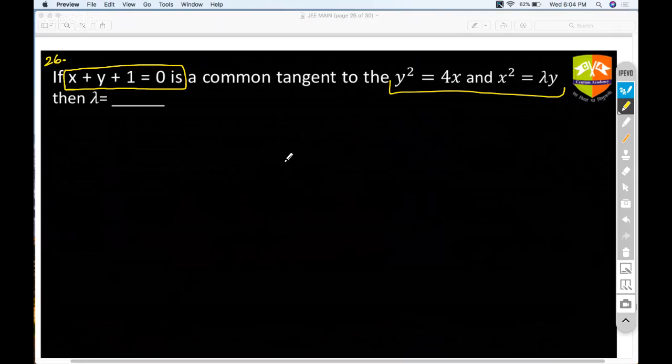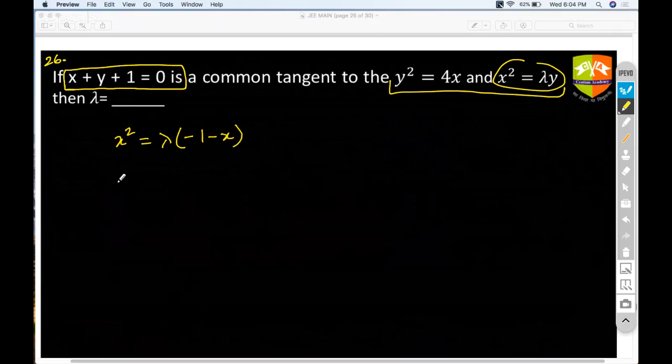So let's check this out. So if this is a tangent to this, of course, let's take the fact that we are trying to solve these two simultaneously. So when we solve them simultaneously, ideally I should be getting a quadratic in x. So y I'm going to replace with